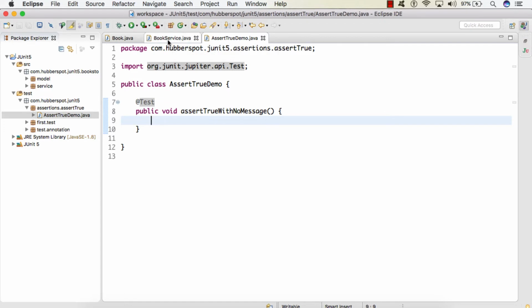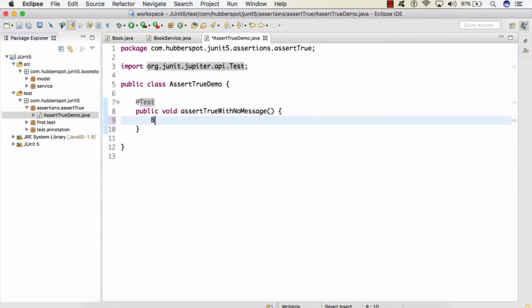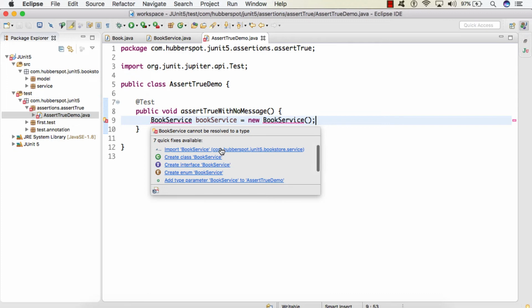So friends, if we go to book service, we see there are two methods. So here, in order to test book service, we will first create an instance of book service. We'll import book service.